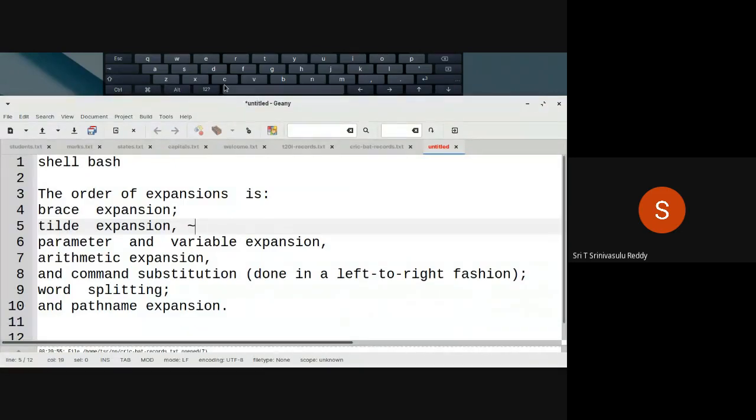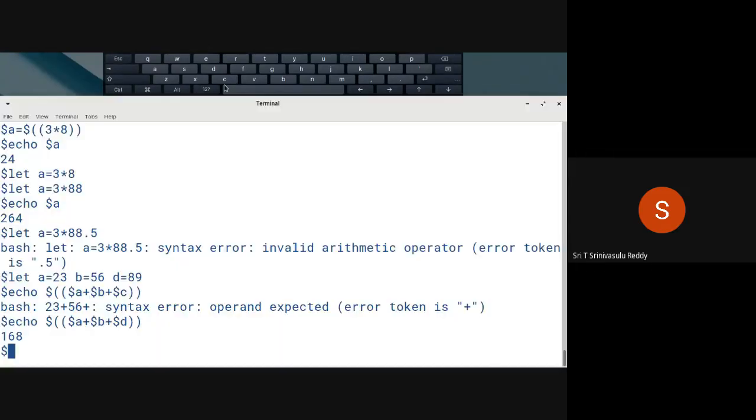The next is the command substitution. This is also another kind of expansion. The meaning of command substitution is you want to execute a command and whatever is the output of that command is going to be substituted in that particular place. For example,